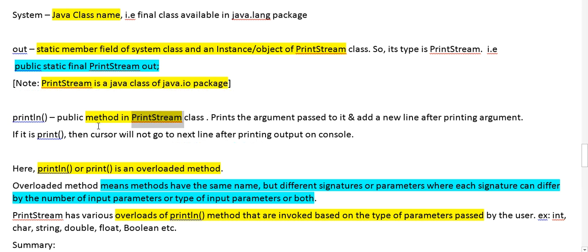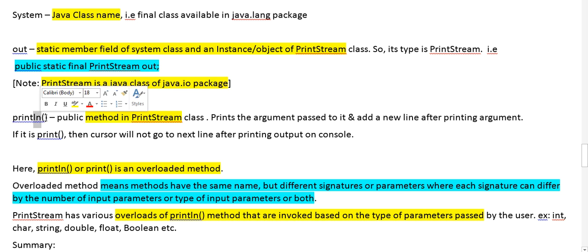It prints the argument passed to it, and also adds a new line after printing the argument, or after printing whatever we have passed into the braces. Into these braces, whatever we have passed, it will print it, whether it's an argument or some text or some string. So by ln, what do you mean to say?